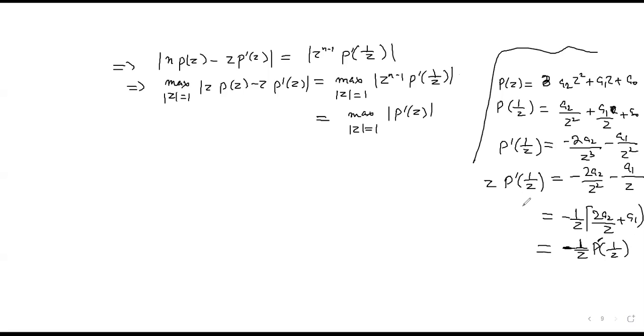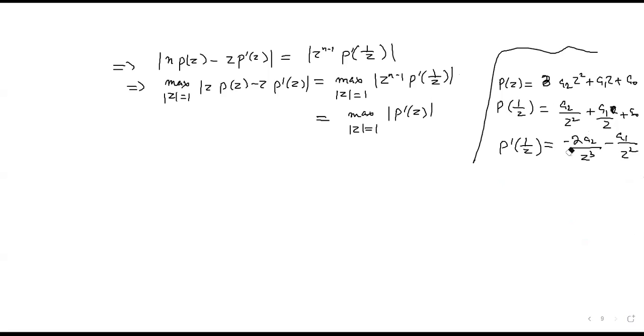What would be p dash of z? Okay, फिर से मैं इसको देखता हूँ. I've got p of 1 by z इसके बराबर है, फिर इसको डिफरेंशिएट करेंगे तो ये होगा. कुछ गड़बड़ हो गई यहाँ पे. Okay, you got minus 1 raised to 3, that's okay. Okay. So you have got, in modulus, this should be the same as p dash z. So p dash of 1 by z इसके बराबर है, और z into p dash of 1 by z